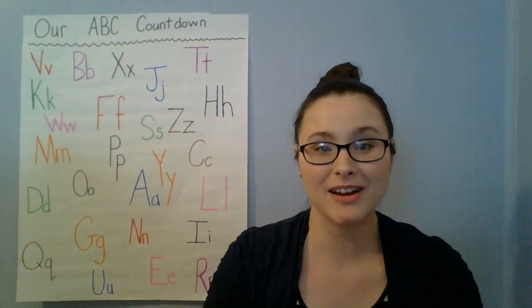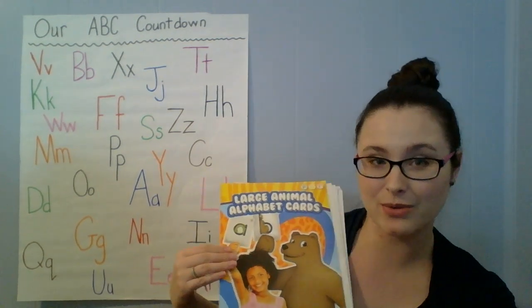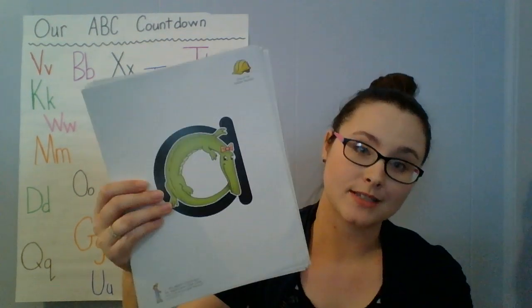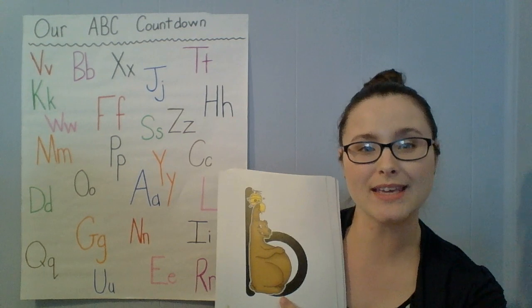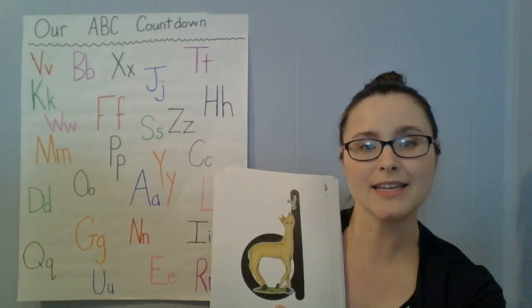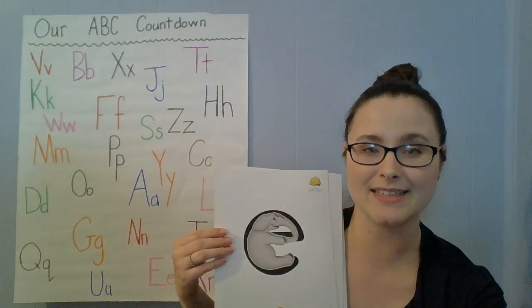So before we get started, we're going to go ahead and sing all of our letter sounds and letter names so that we know them. And we always start with the first letter of the alphabet, which is A. We sing A says A says A, B says B, C says K, D says D, E says E says